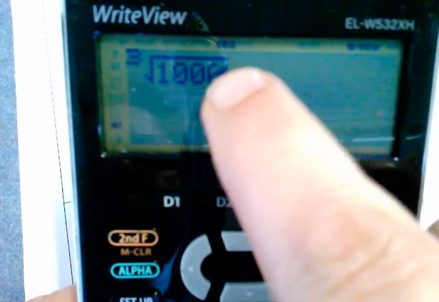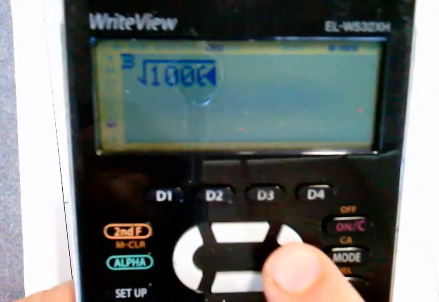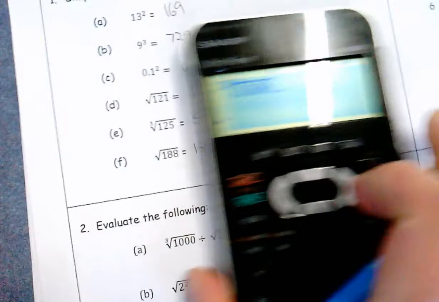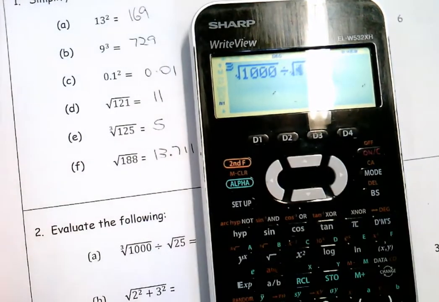Now you need to press this white arrow across. You can see how it's beeping, where you're flashing underneath that square root sign. I need to press that white arrow across to get out of the square root. So I've got cubed root of 1000 and now divided by square root of 25. So just press your divide button and just your ordinary square root 25, and you can press equals and you